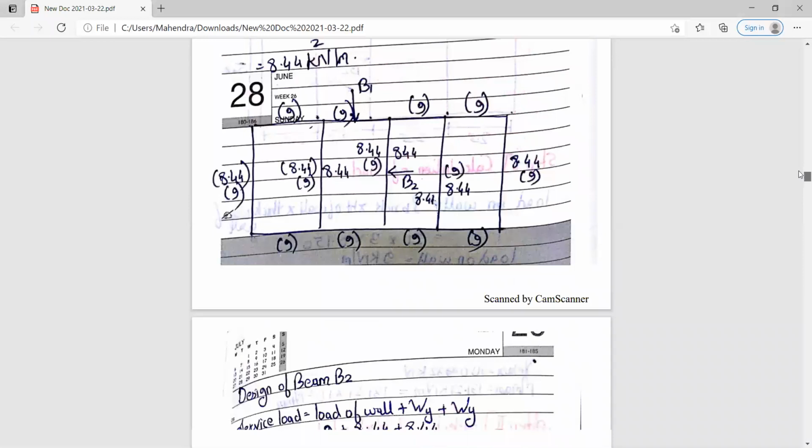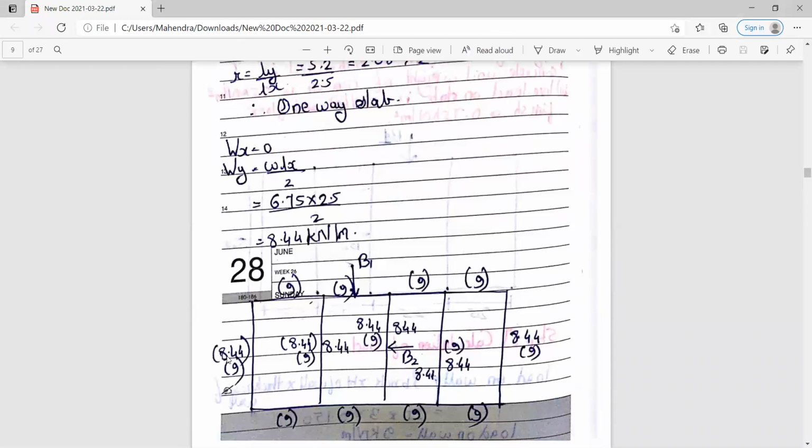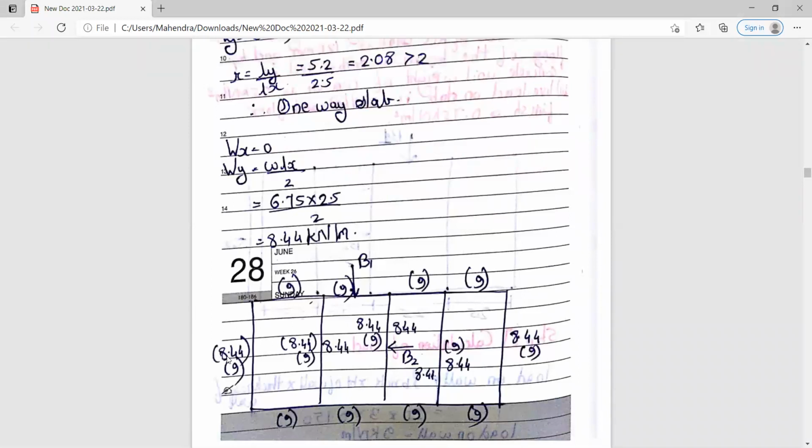So now अभी 8.44 is nothing but the value for the Wy, and what is 9? 9 is nothing but the load on the wall. So ये wall load अभी हर एक इस पे consider होगा. This is the plan that we had drawn, जो हमें plan दिया हुआ था. और 8.44 कहाँ पे consider होगा, that I have shown you in this diagram. अभी 8.44 is your Wy that will be considered on each of the vertical wall, and 9, that is the load on the wall, will be considered on all the walls. So just draw this diagram.